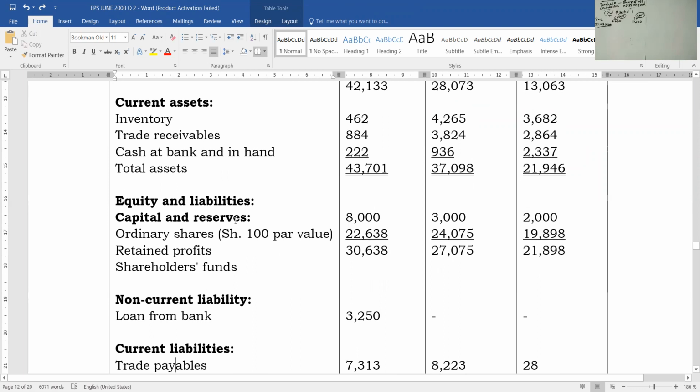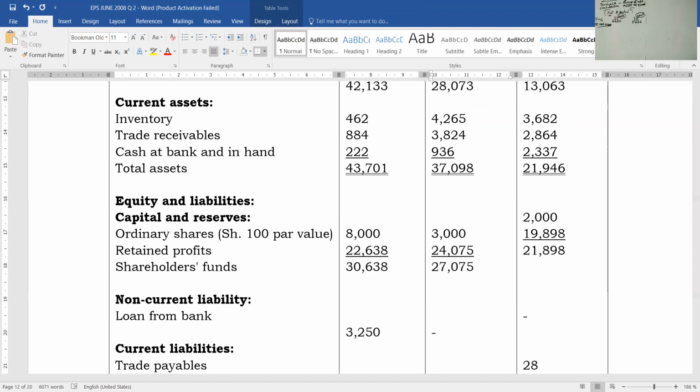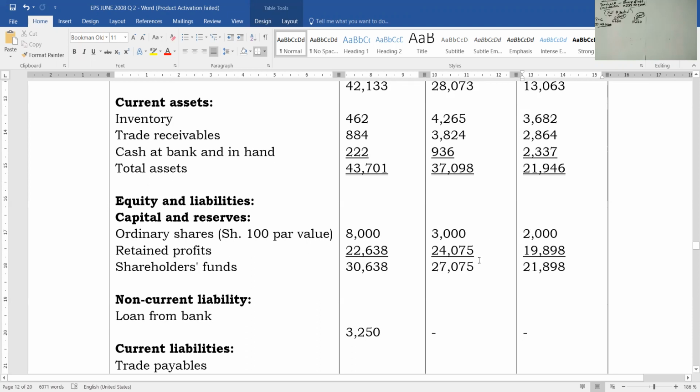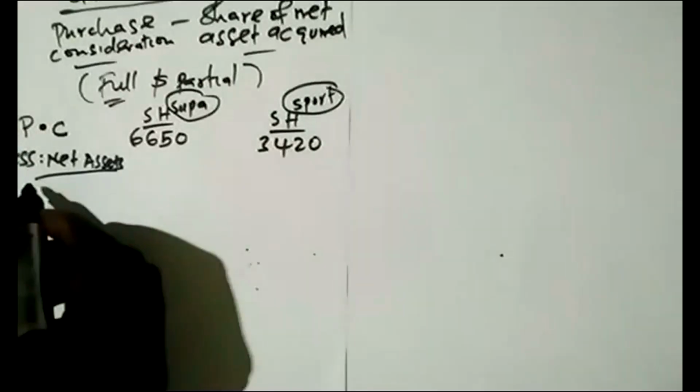You can see we are given ordinary share capital and retained profit. So that is supposed to be that way. Ordinary share capital is 3,000 for Super, 2,000 for Sport. The retained earnings are 24,075 and 19,898. For ordinary share capital, it's okay. But for the retained earnings, I need to show you something. So for the ordinary share capital,